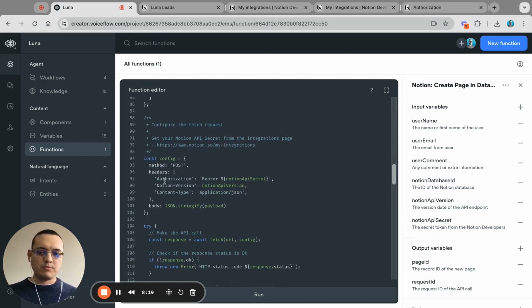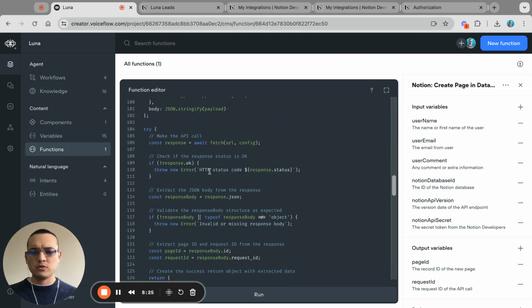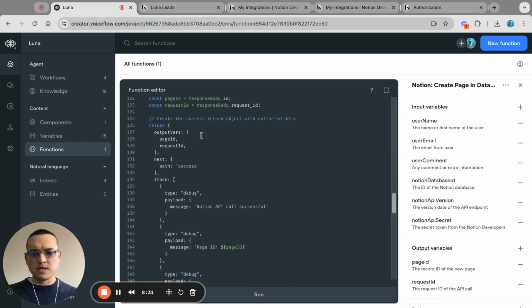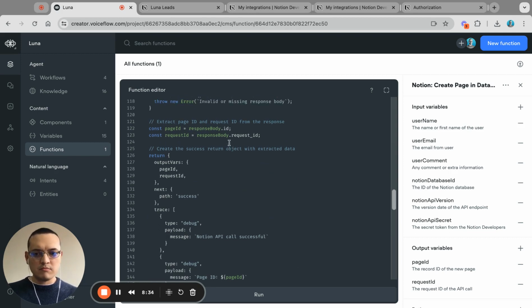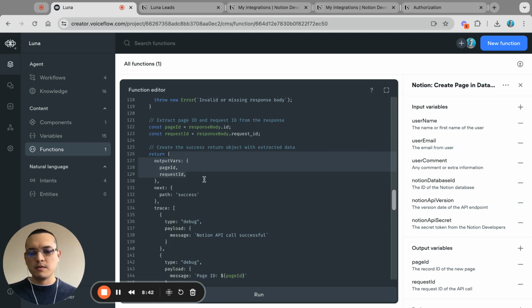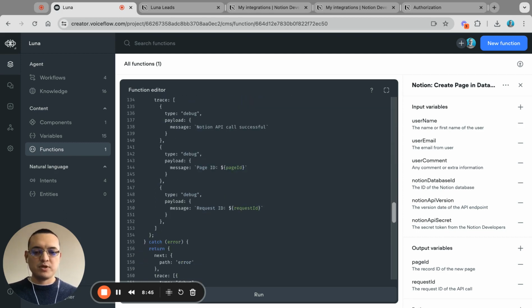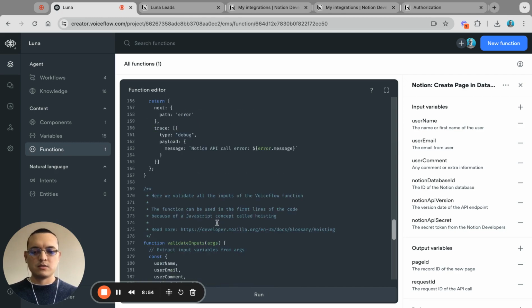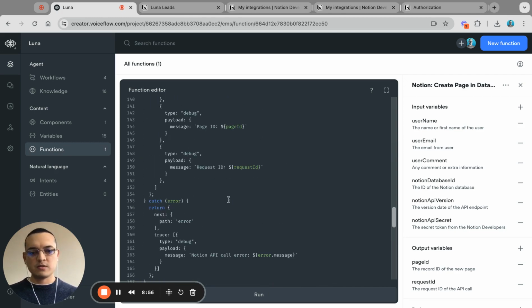Besides that, we prepare the request, API secret, API version. We do some validation for the response. And the other important thing is the outputs. At the moment I'm not using them, but I have available the page ID and the request ID under these keys, and then you paste them there. And that's pretty much it. The rest is just debug messages, because I'm not needing anything else, and the error trace. Then there is validate inputs. That's the whole function. That's how you would integrate Notion on your